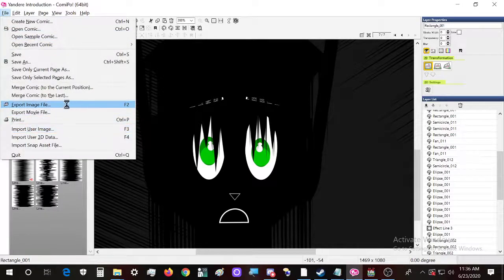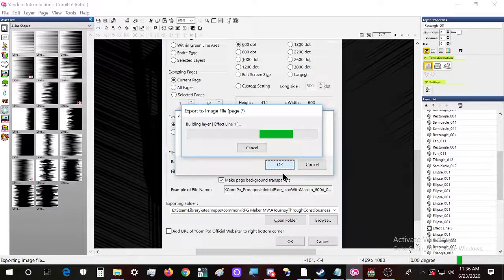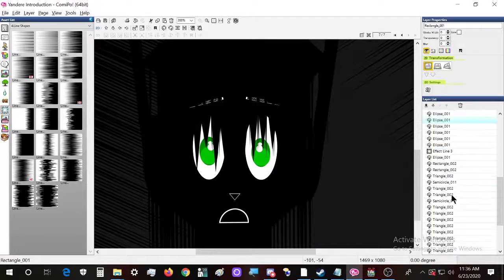Okay, now hopefully this is the final time we overwrite that pic, because it's getting a bit lengthy of a process. And I think I added a lot of layers to it.